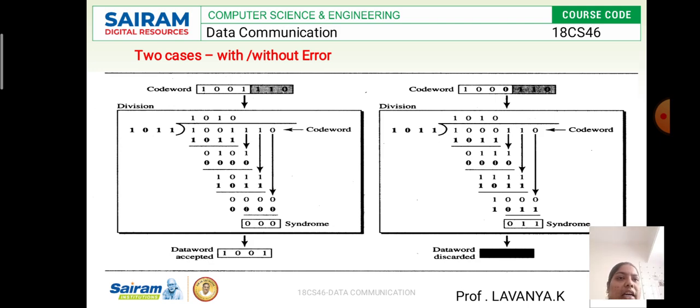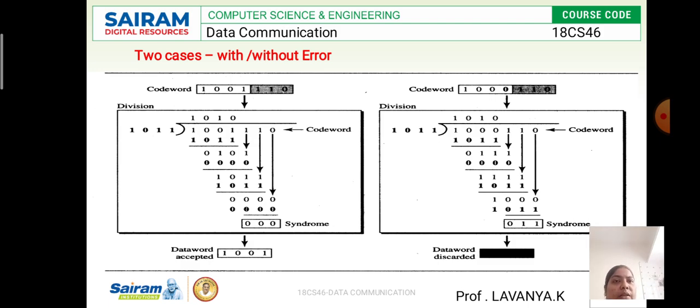Again you have to add that extra bit, which is 1. Again you have to apply the divisor operation, that is 0 0. You can always simplify with the zeros. So again 1 0 is 1, 0 0 is 0, 1 0 is 1. Again the leftmost bit you always ignore. Again you have to add the second bit, and like that you keep on adding. Finally we will get 0 0. The remainder should be 0 0. That result of 0, we call the syndrome. So here there is no error.